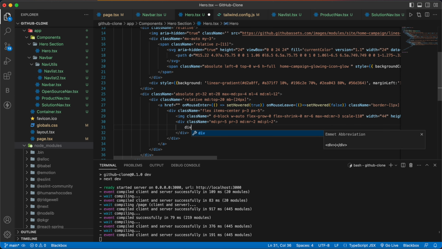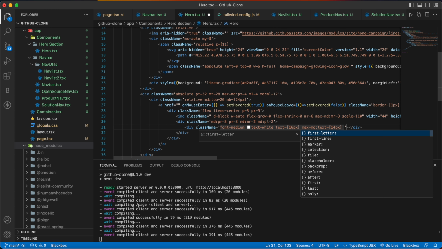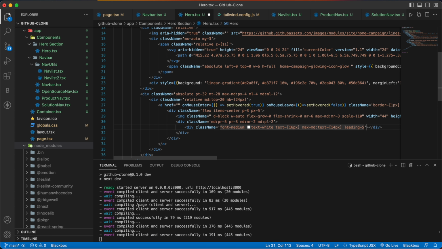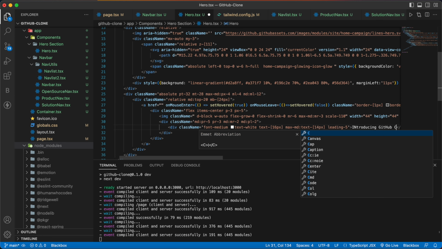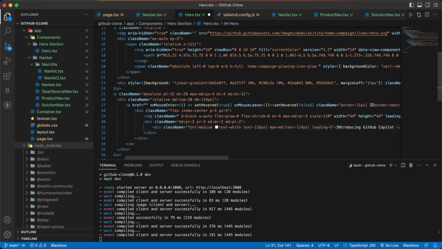Inside that we are going to have two divs with the class name of font-medium, text-white, text-16px, max-md:text-14px, and leading-5, which is line height. Inside that we are going to write the text Introducing GitHub Copilot X,